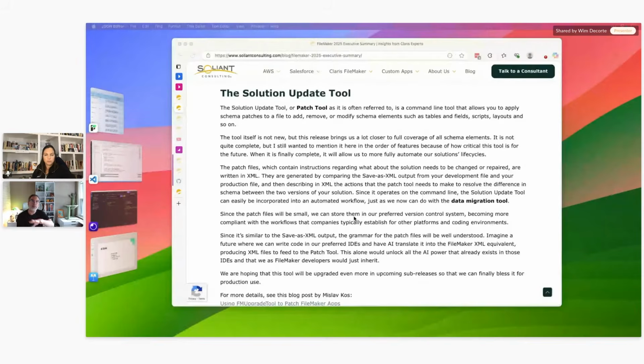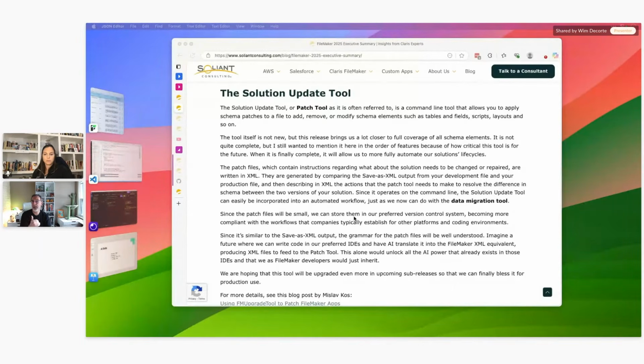The other main benefit, and all of that is automatable, right? If we're talking about having fully automated continuous deployment pipelines where I'm a developer, I make a change, I hit one button, and it basically makes the whole round trip into the production file. This is a command line tool. All of this could be automated in that fashion. And this is the way that a lot of other platforms and environments work, right? So the industry has been moving in that direction for a long, long time. This is the thing that will unlock that potential for anything that has to do with FileMaker.